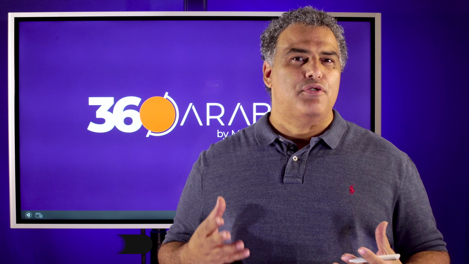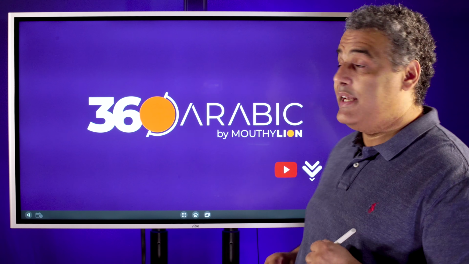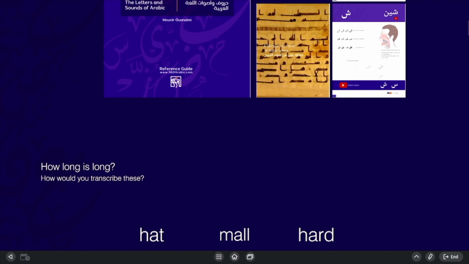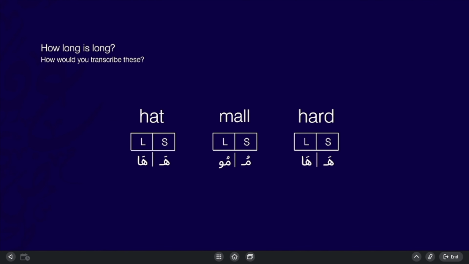Let's look at the differences between short vowels and long vowels in Arabic. Now, before we start, let's look at these three words, and I'll let you decide, based on your experience with English, how a transcription of these words would translate into Arabic. Would that include a short vowel or a long vowel? For example,